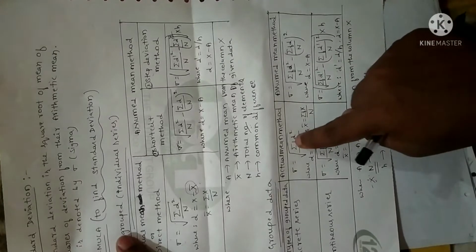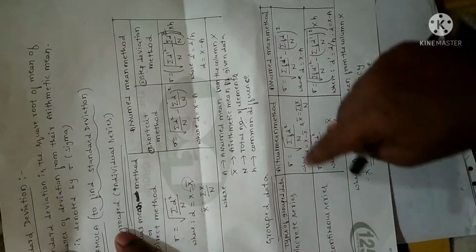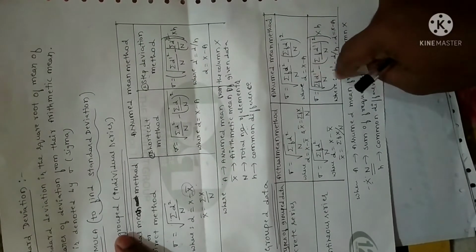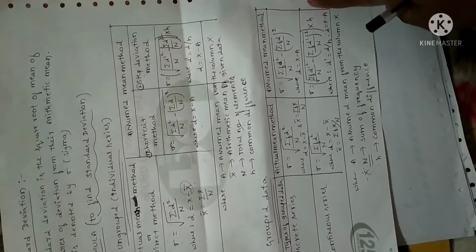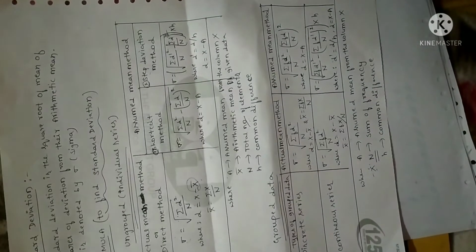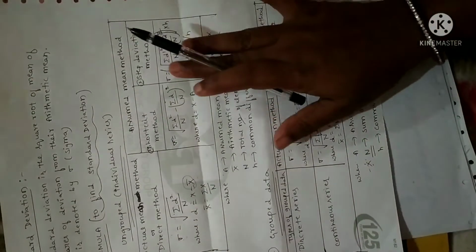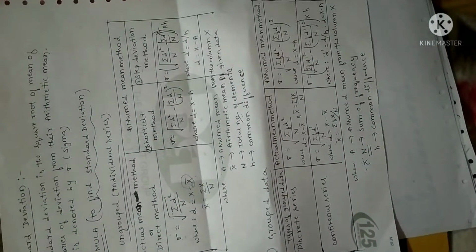The formula for the actual mean method of discrete and continuous series will be the same; the only change is in the assumed mean method. Remember, in the exam, if the method is specified, you have to do it in that particular method only. So this is the formula list, and I'll be sending the same page pic in the group. You just copy it, and after that you can simplify the formulas.